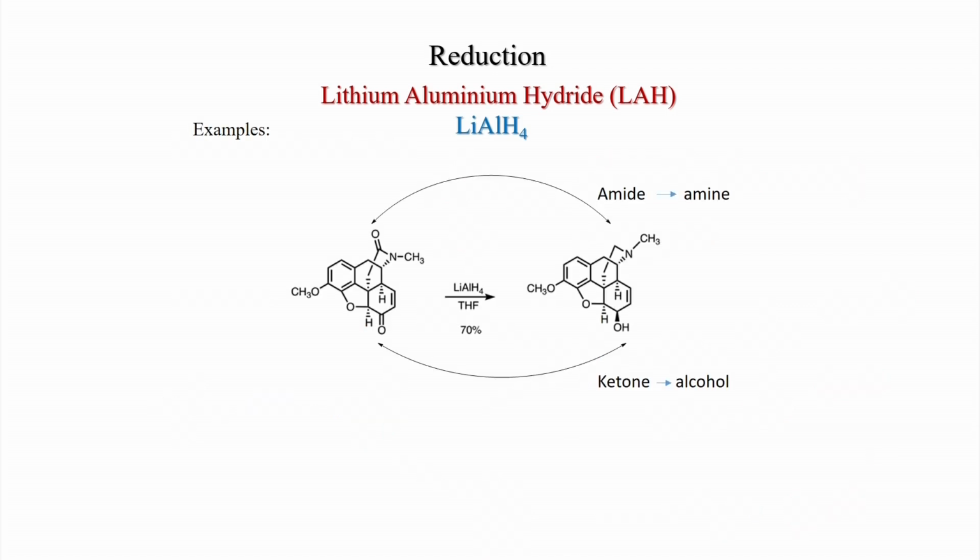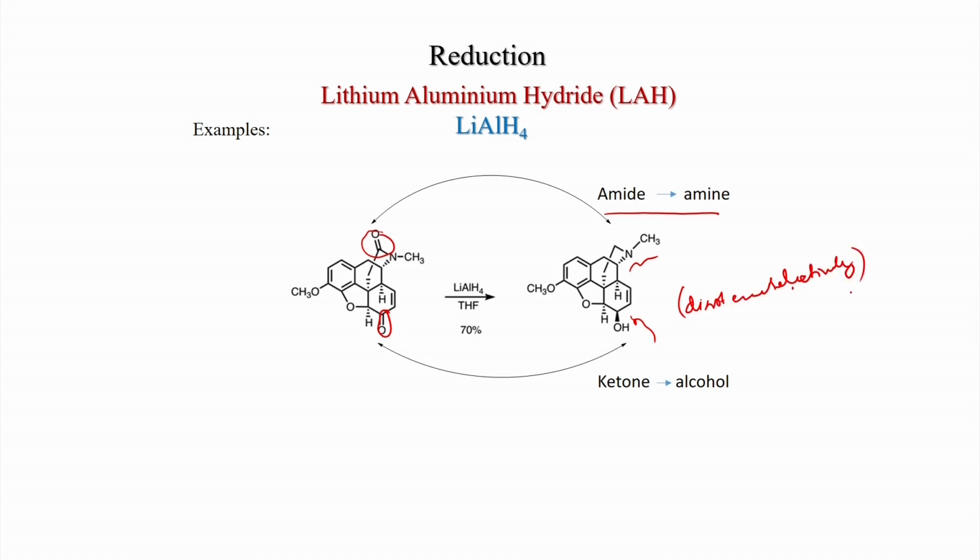This is an example that lithium aluminum hydride is used in many complex structures. This is a complex structure where there is an enone motif, and also there is an amide motif, and you can see with the lithium aluminum hydride THF reaction you get the amide to amine. So, amide to amine happens here, and selectively the carbonyl group is getting reduced to alcohol, and also the geometry of the compound, this reduction happens diastereoselectively.